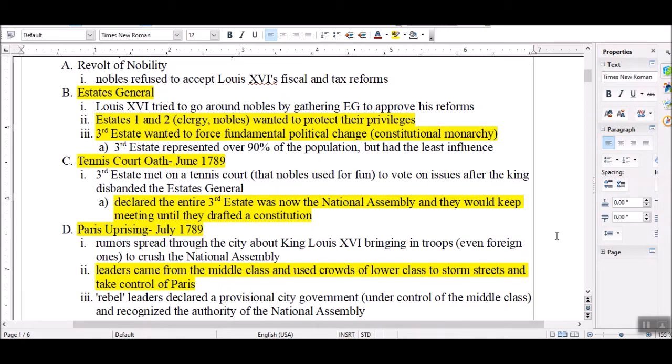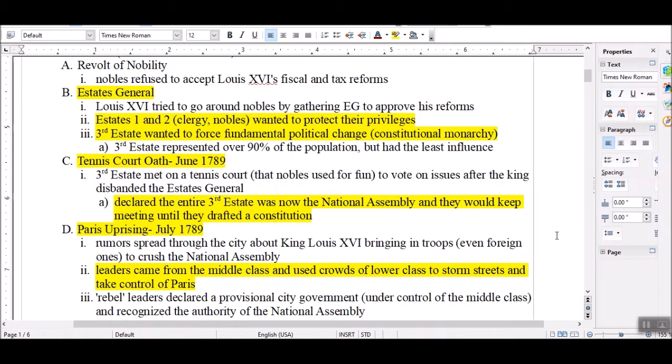So they decided to meet up on a nearby tennis court that the nobility used for a good time. And there on the tennis court, they take the tennis court oath. This is in June 1789. Y'all know I am not big on dates or anything like that. Nothing's really changed with the whole date thing, except so much is going to go on and it's going to happen so quickly that I'm going to be throwing dates at you just to try and keep a timeline intact. So bear with me there.